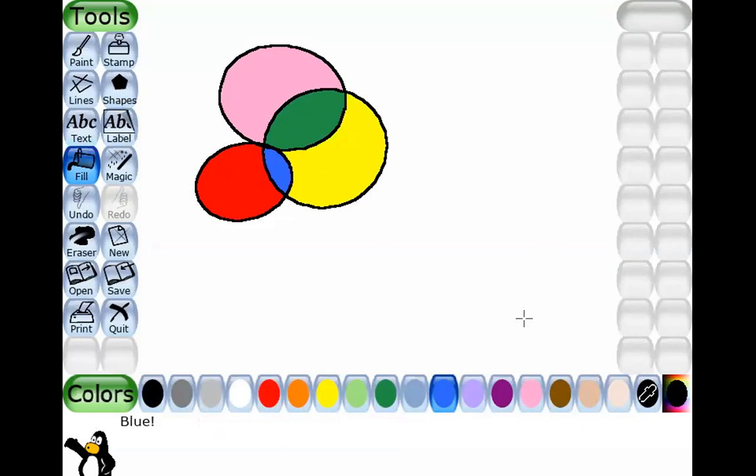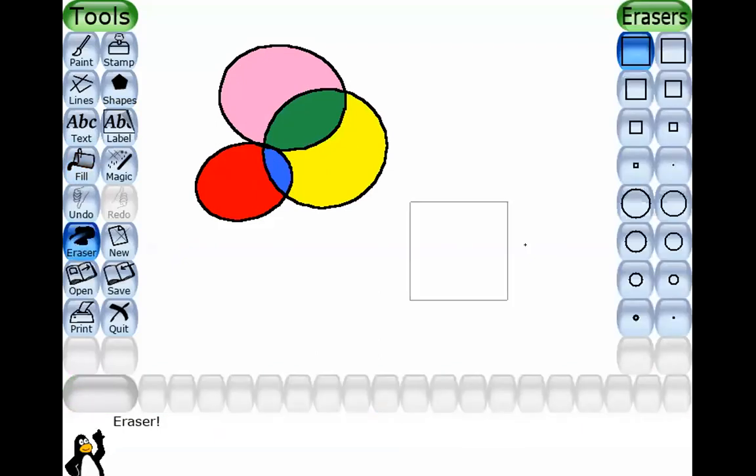So let us consider this is a shape. If we want to erase this particular portion, the yellow portion, how are we going to do it? We have to click on eraser. Then we have to choose the type of eraser tool that we are going to use here.